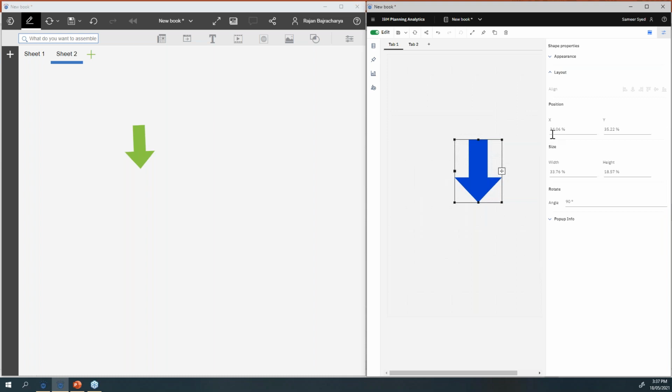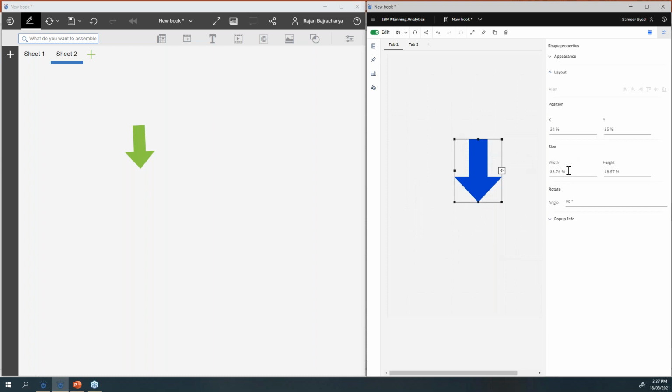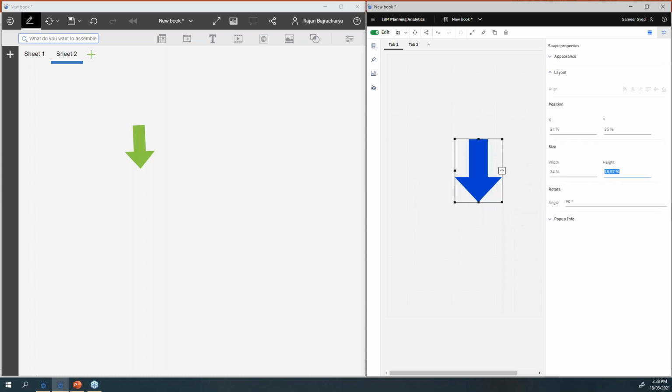So the properties of this are, let's say, this is 34 and this is 35. And the width is about 34 and the height is, say, 20. Right. So this is what the properties of this image are.